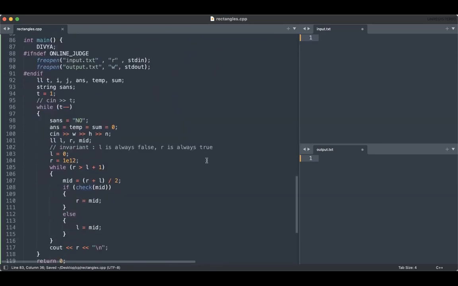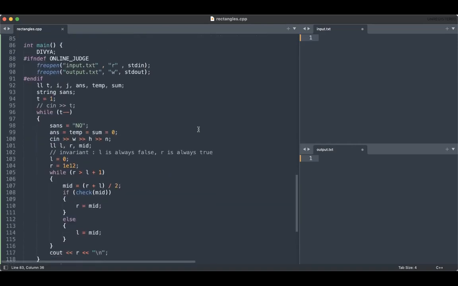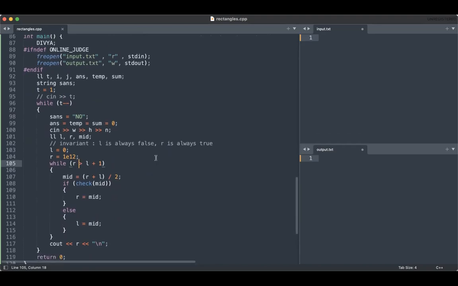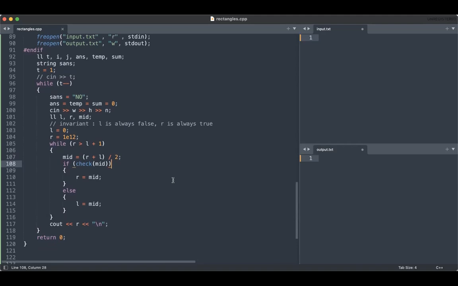So does anybody have any doubts in understanding what is exactly going on in this problem, or with the way I have implemented binary search? This binary search is a little bit different from what you conventionally see. I always personally use this kind of binary search, and I will always recommend using this, because when you do this binary search, you don't have to apply your brains at all. You have to blindly maintain invariants. And finally, you can be confident that your answer will be either L or R. Right. So are there any doubts here? If there are no doubts, then I think I can move on to the next topic or the next problem.